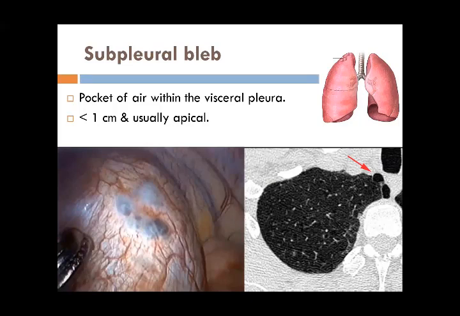They are attached to the bronchus, but there is no spongy lung tissue present there, and they have a very thin wall. Under any circumstances, they are very prone to rupture and release air into the pleural cavity. That is why patients who have once had a spontaneous pneumothorax have a very high chance of having a second episode of pneumothorax at any time in their life.